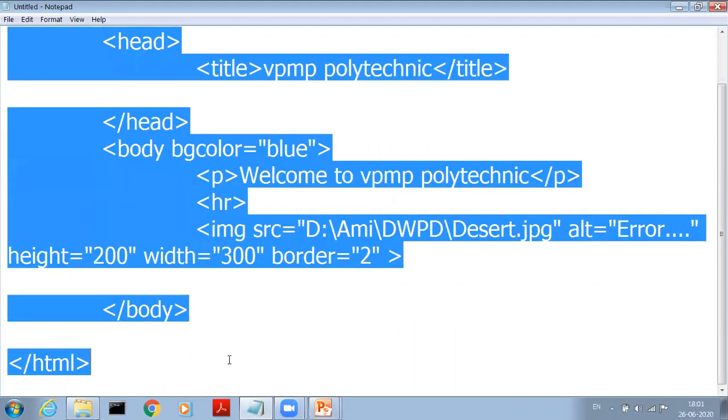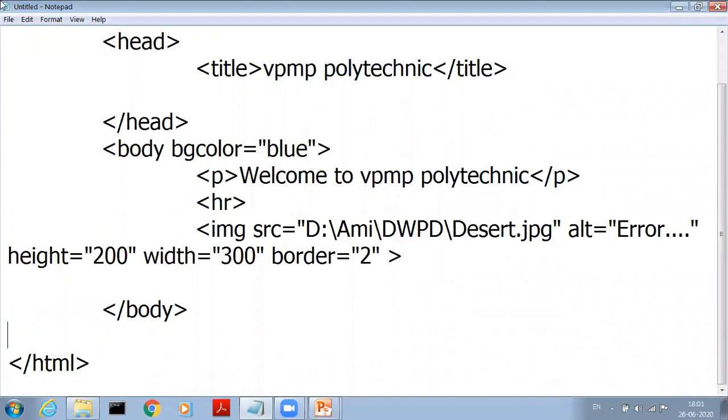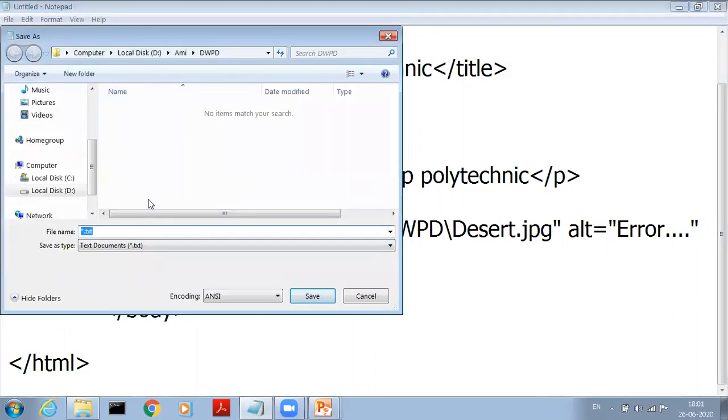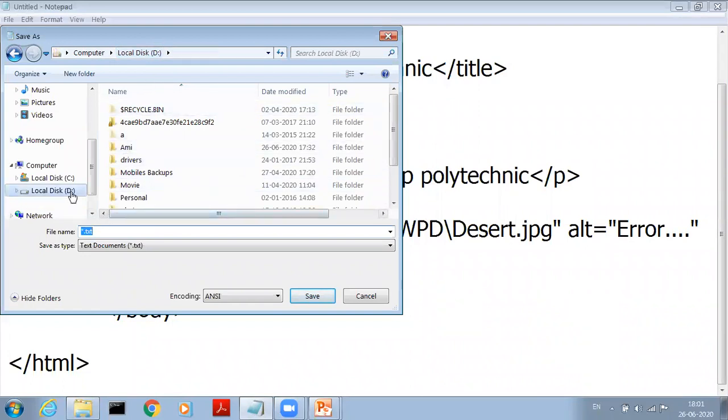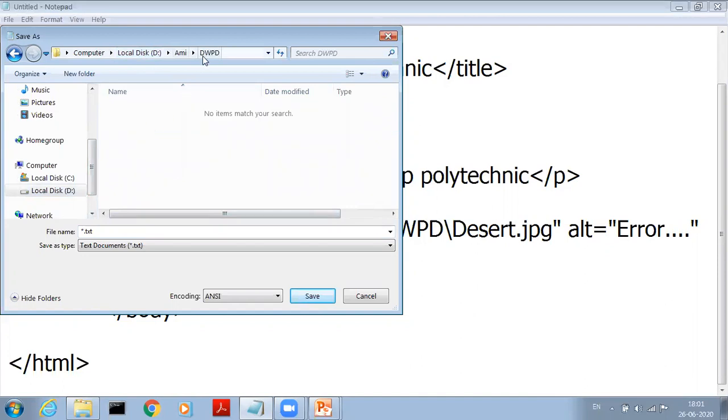Coding is complete. After that, I have to save this document. So open file, then save. I save this file in D drive, in AMI folder, in DWPD. Then give a file name.